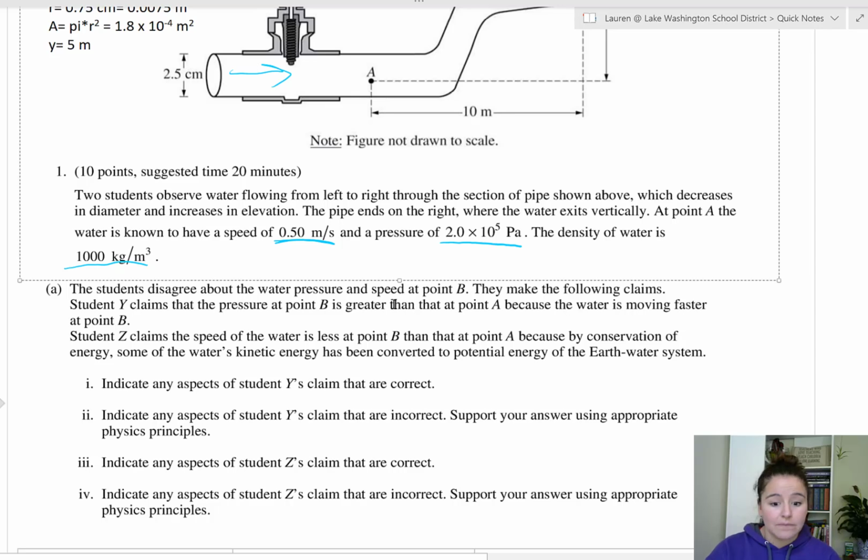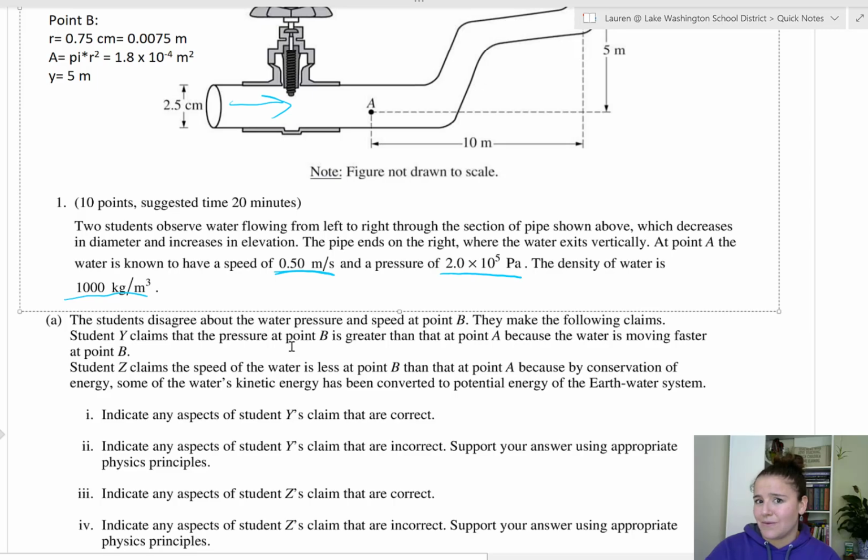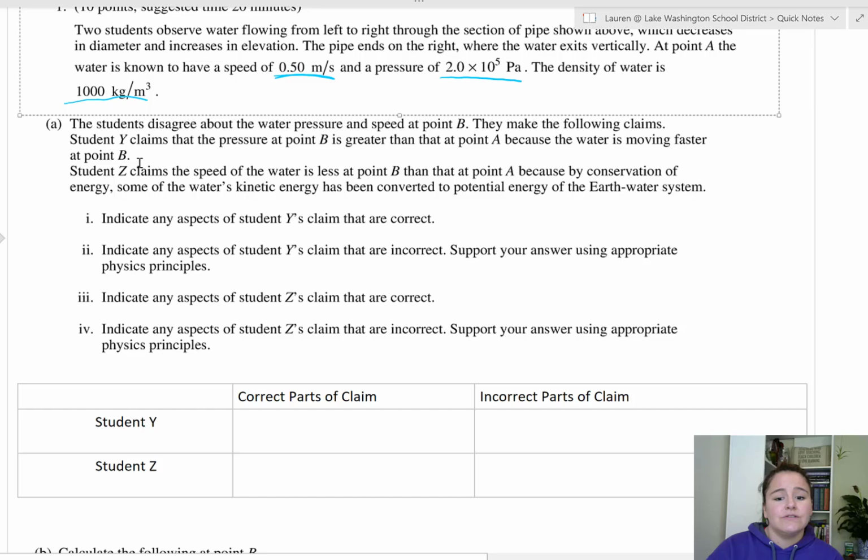So that part of his claim is true, but that doesn't mean that the pressure's going to be lower. Okay, now, student Z claims that the speed of the water is less at point B than at point A because, by conservation of energy, some of the water's kinetic energy has been converted to potential energy of the Earth water